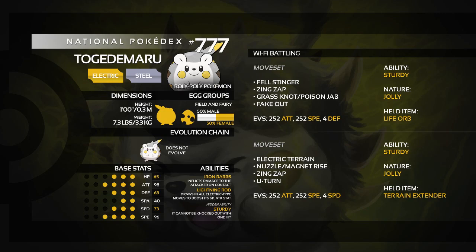Thanks to the Terrain Extender, it's going to last even longer. So you set it up, and then you start doing lots of damage with your electric type moves, or switch out to Pokemon that could maybe make use of it. So that's the first move. Nuzzle or Magnet Rise is a choice here. Nuzzle allows you to paralyze the opponent and then take advantage of that, but Magnet Rise allows you to be immune to ground type moves, which of course is useful,